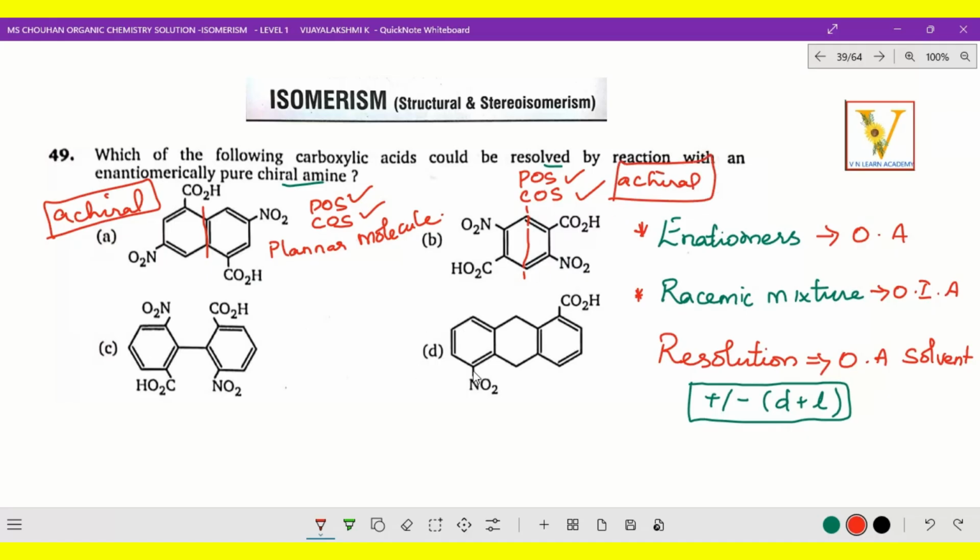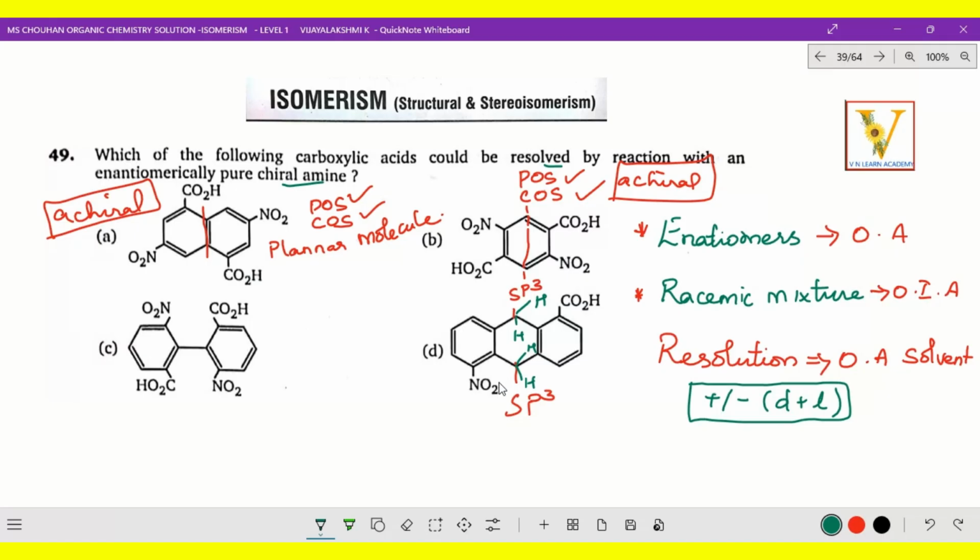Now, D option. When you come to D option here, benzene, both sides of the benzene are connected with a cycloalkane, right? So here sp3 hybridization. Here also sp3 hybridization, right? Now next one, here hydrogen in the upper position and hydrogen in the lower position, and the same way here also, upper position hydrogen, lower position hydrogen.